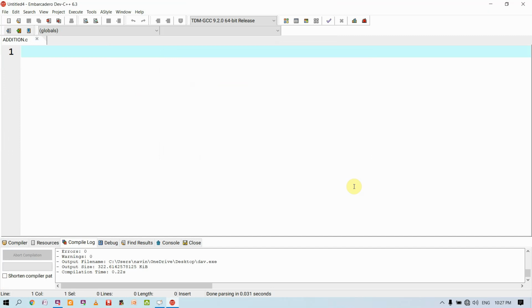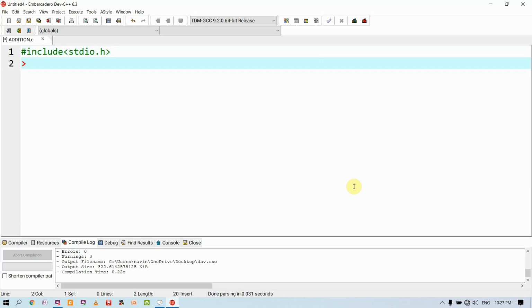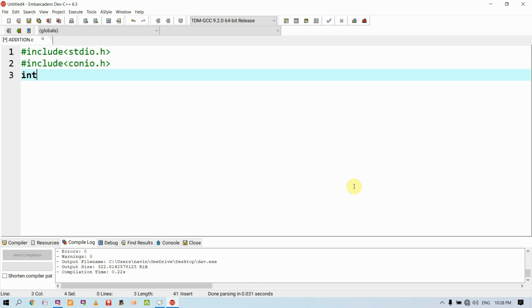Now I am trying to write the program like this. Hash include stdio.h, hash include conio.h, int main.